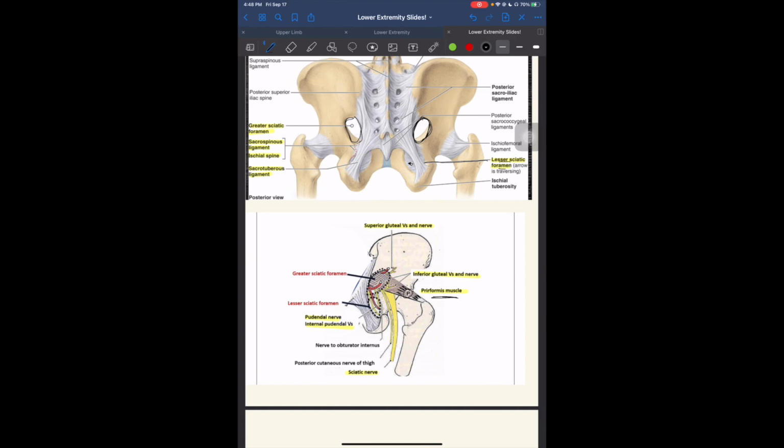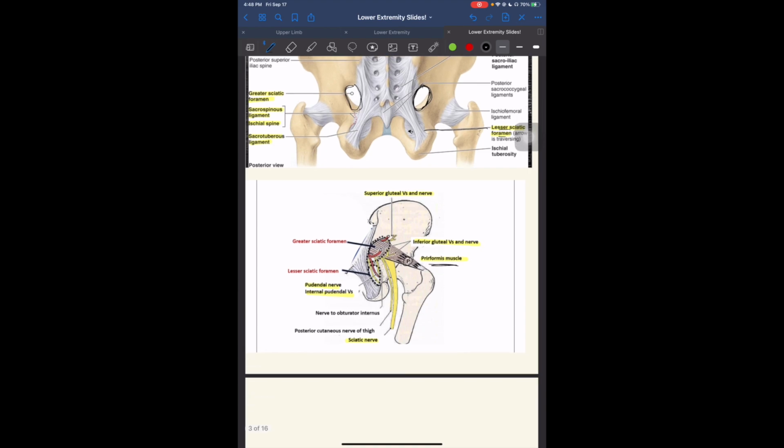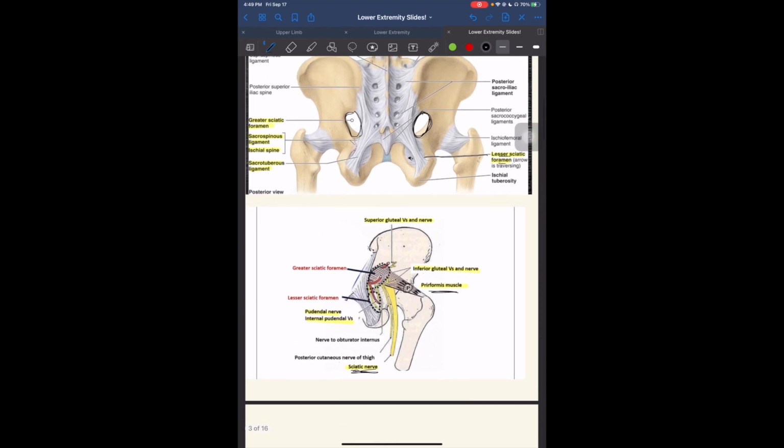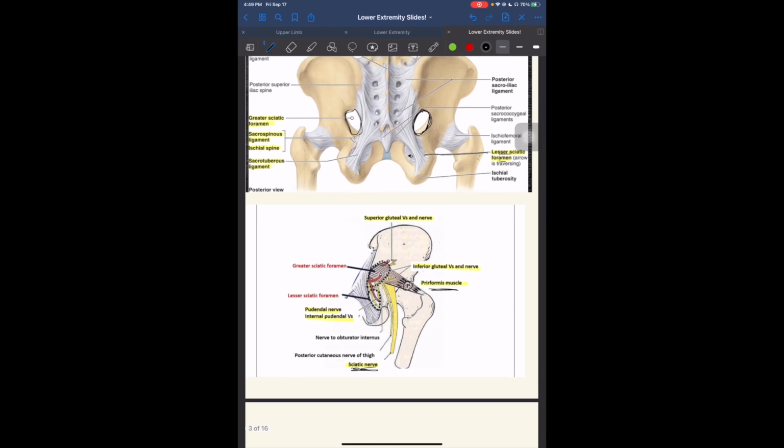Piriformis is super important, most important because it's a great reference structure. It is the reference structure for finding the sciatic nerve in the body. If we were in the lab with a cadaver doing this gluteal region and posterior thigh dissection, we would... I'll get to that later. But basically, you have to know the sciatic nerve is going to emerge inferiorly to the piriformis muscle,